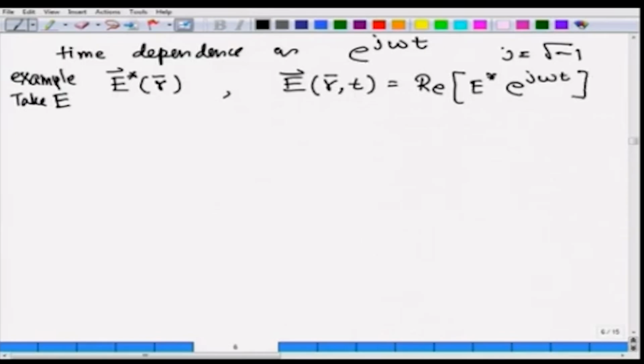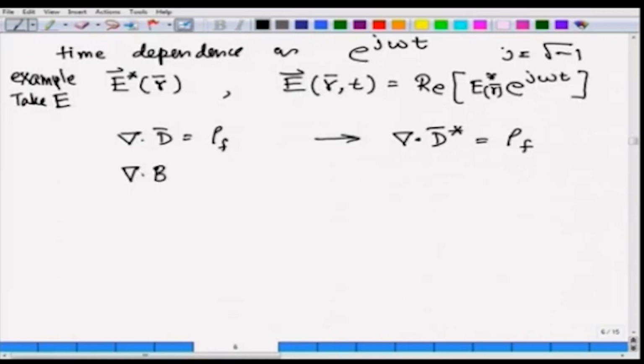It is the same thing which we did earlier also. Now I am doing it in a more generic fashion, and this of course is a function of position only. This is what the definition of a phasor is. In that case, the first Maxwell equation, which is given as divergence of D equals rho f, translates in phasor notation into divergence of D vector in phasor notation, I am drawing this asterisk to indicate phasor notation, as rho f, and the second Maxwell's equation translates as